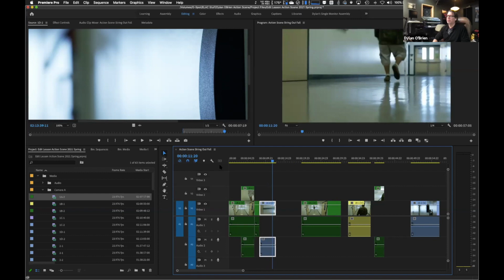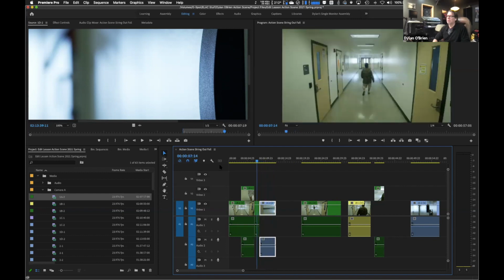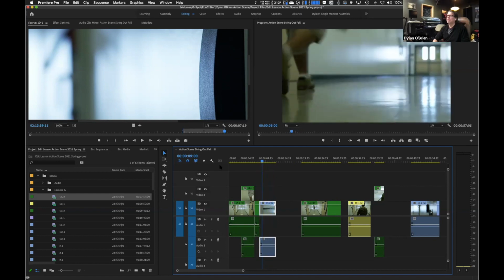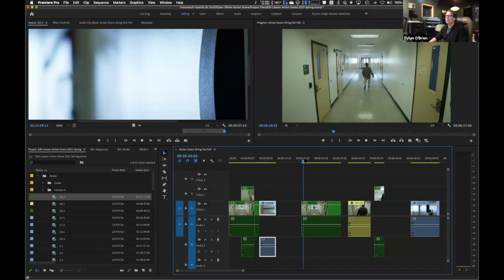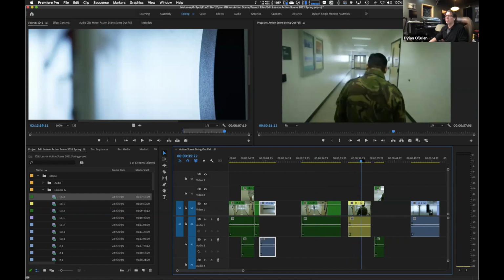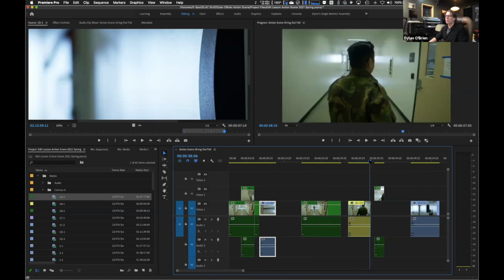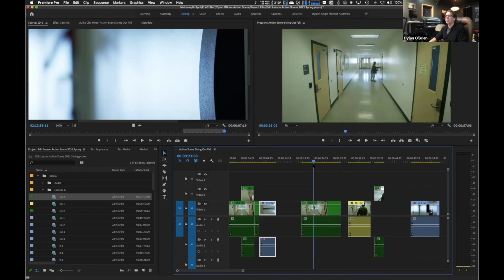Okay, probably don't want it to go that long, so 1, 2, 3, 4, stop it there. Now I'm going to go back. Now I can either go back to this shot where he lands in the wide in the hall. I'm going to start with the hall one. So let's back it up